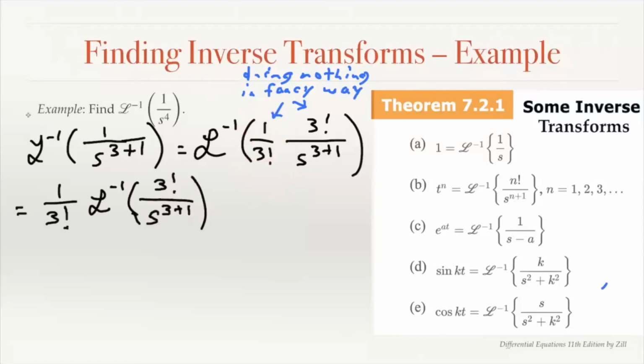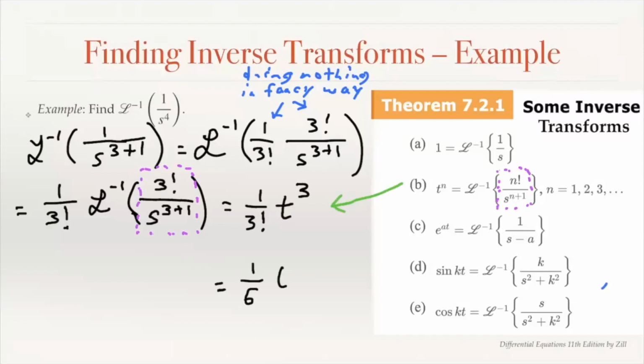And the point of these manipulations was to get it so that we are taking the inverse Laplace of something that looks exactly like one of our known Laplace transforms. And now it does. So this is 1 over 3 factorial times t cubed. And 1 over 3 factorial, that means 1 over 6. So the inverse Laplace of 1 over s to the 4th is